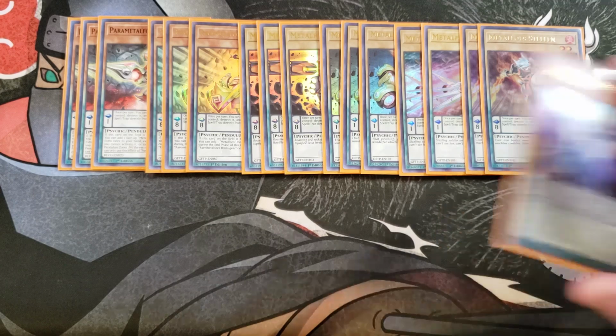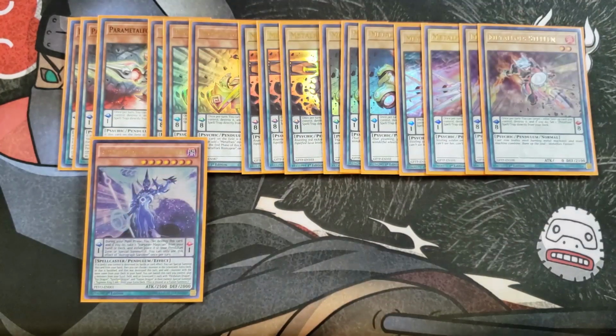We then play a single copy of Astrograph Sorcerer. Astrograph Sorcerer is insanely good in this deck because it has the ability that if a card you control is destroyed by battle or by card effect, then you can special summon this card from your hand and then choose a monster in your graveyard, extra deck, or that's banished that was destroyed this turn and add a monster with the same name from your deck to your hand, which is a really powerful effect,